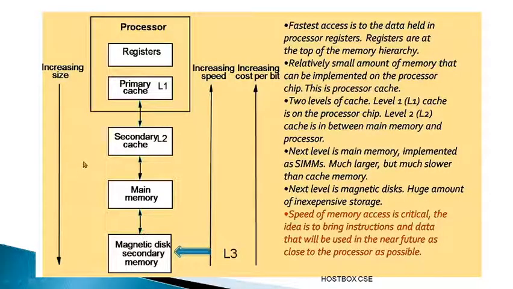Okay, before going to this diagram, which shows the block diagram of the memory hierarchy in computers, I'll explain some points orally so you can understand. There will be registers, primary cache, secondary cache, and main memory. At last we have the magnetic disk and secondary memory. The primary cache is called L1, the secondary cache is called L2, and the secondary memory with the magnetic disk is called L3. Some more components follow, such as the optical disk and, at last, the magnetic tape.